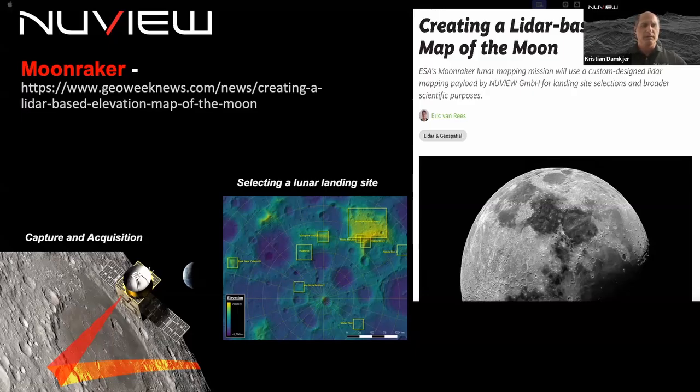So several of you are probably aware of the Lunar Reconnaissance Orbiter and its LiDAR altimeter that has been imaging the moon for quite some time. It's produced a wonderful elevation surface for the moon that'll act as a baseline for us. And really what we're looking to do is to take that elevation surface to the next level to help to